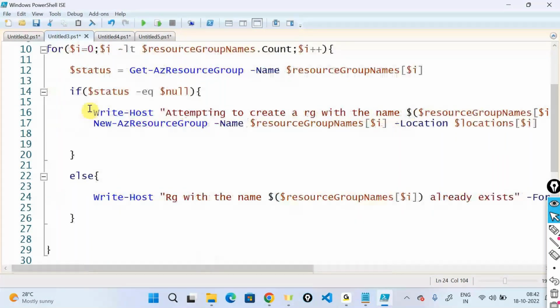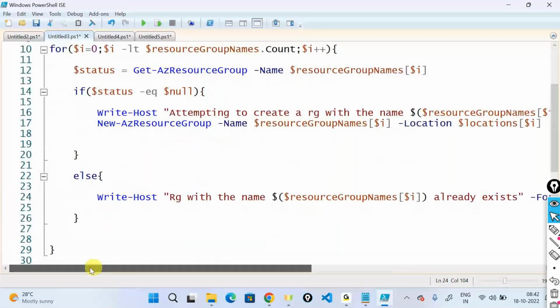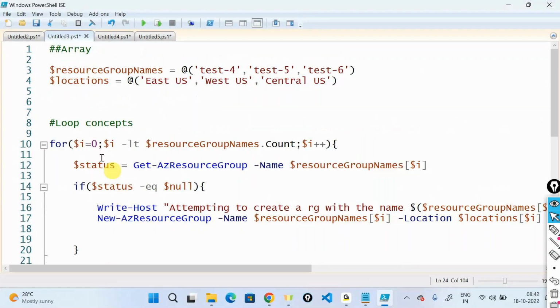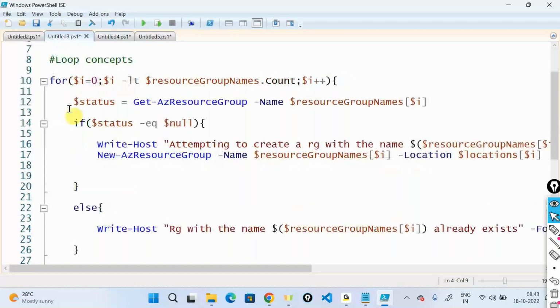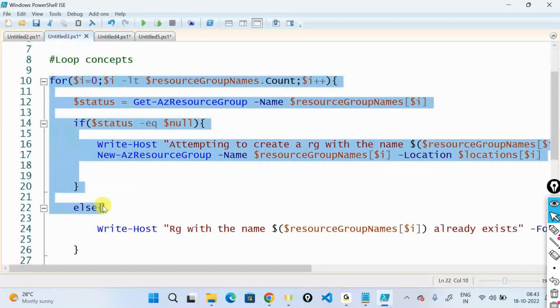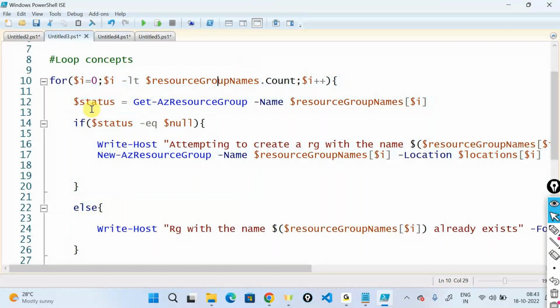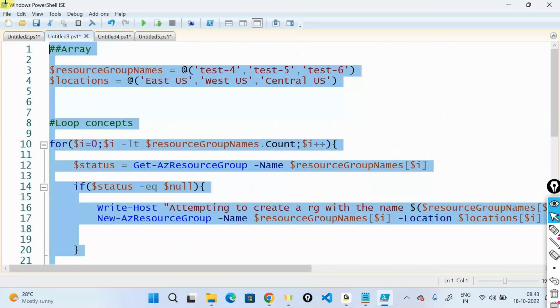Now I have an end-to-end script, starting from two different arrays, which are resource group names and location. Then I've implemented the looping concept with a for loop, and firstly I'm checking the status of whether that particular resource group exists. If it doesn't, only then I'm going ahead and creating it. So now if I execute this,